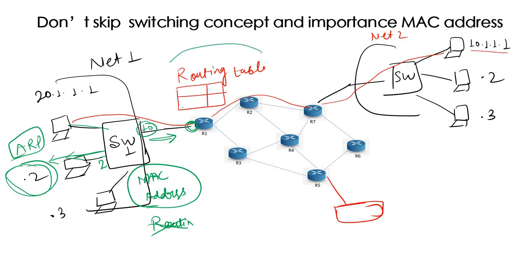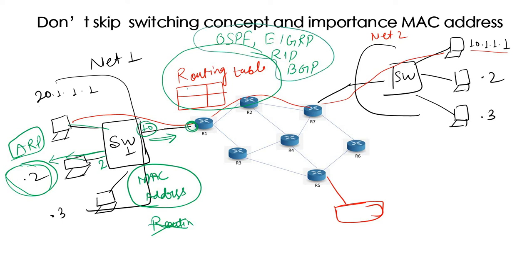While for the routing tables, either we run routing protocols like OSPF, EIGRP, RIP, BGP. So these are the routing protocols that we use. Or if we do not want to run these routing protocols, then you can make a manual entry, which is called static routes, and the routing table will be updated. Clear? So I hope this is quite clear, the difference between the MAC address table and the routing table. Let's move ahead.